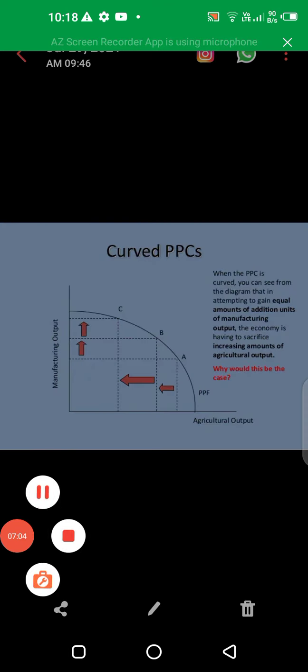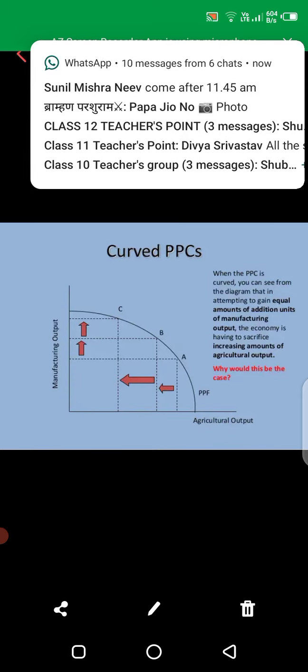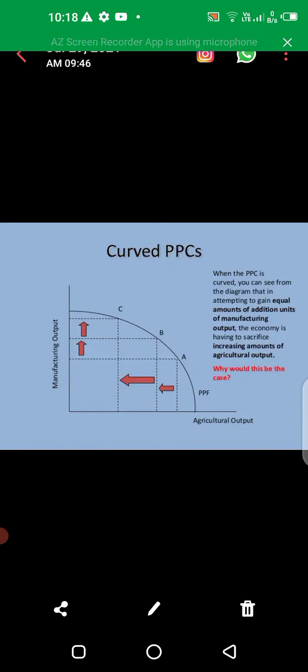This diagram shows the production possibility curve in three situations, shifting upward and also downward. Here we can compare the opportunity cost, that is, the sacrifice of A, B and C. If we produce more of product A, we produce less of B and very little of C. If we produce more of C, we produce less of B and very little of A. If we produce more of any commodity, we have to sacrifice another commodity. That sacrifice cost is called opportunity cost.